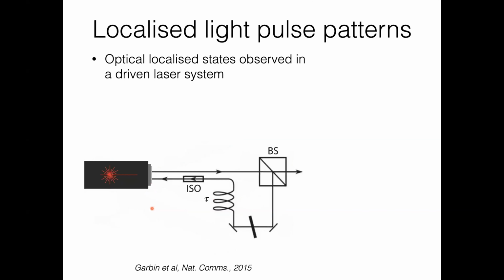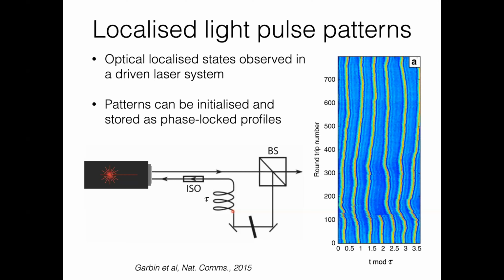So here's a slightly simplified schematic of just the bit that's important. So this is really just isolating the slave laser system. So you can imagine that there's some external perturbation that I can put in from here, but this is really the feedback loop that's important. Okay, so this represents here the delay, and in this system, the delay here can be tuned because the light actually passes through a fiber optic cable. So if you make the fiber optic cable longer, you make the delay longer. And so what happens then if you give it some external perturbations is you can elicit pulses from the slave